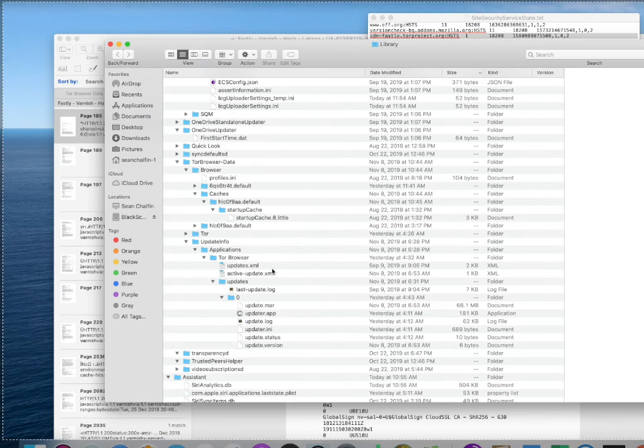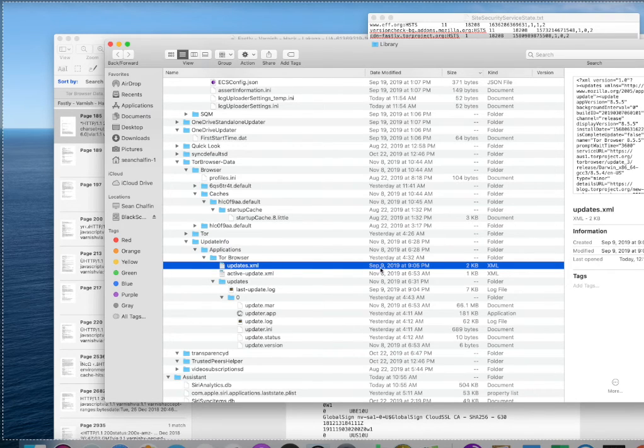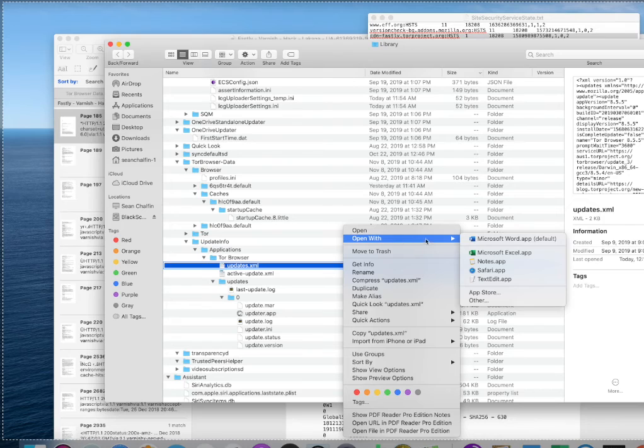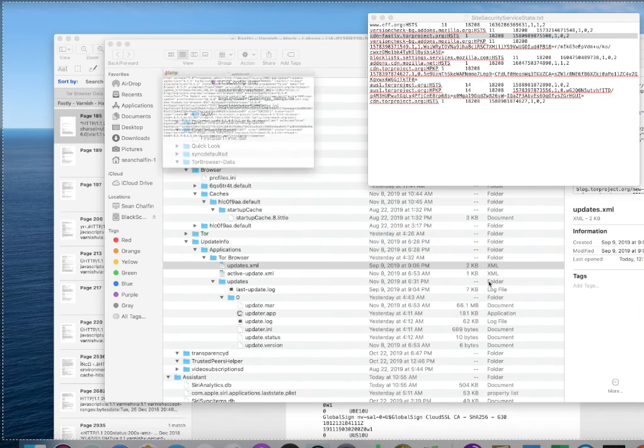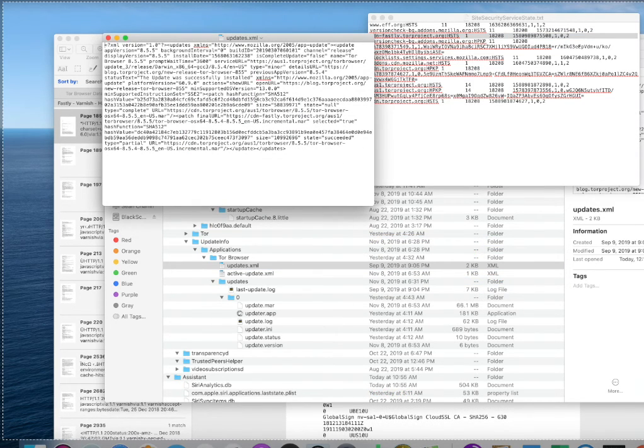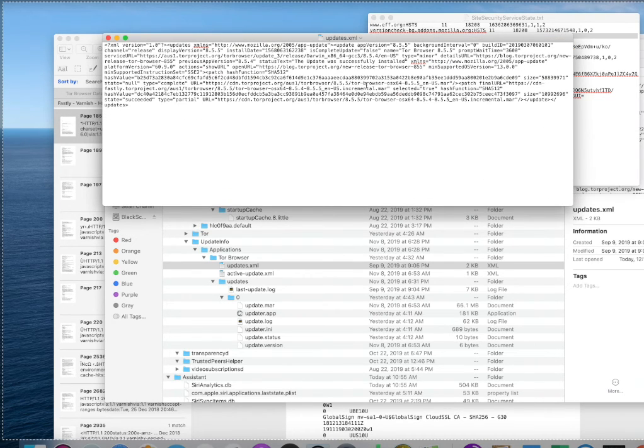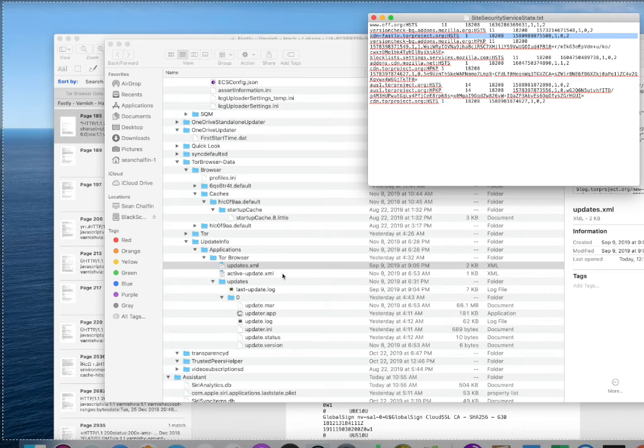Now, I want to show on September 9th, 2019, a text edit file where FASTLY has injected themselves with the Tor browser network, and there is FASTLY right here, right there, injecting content. Now that was September 9th.